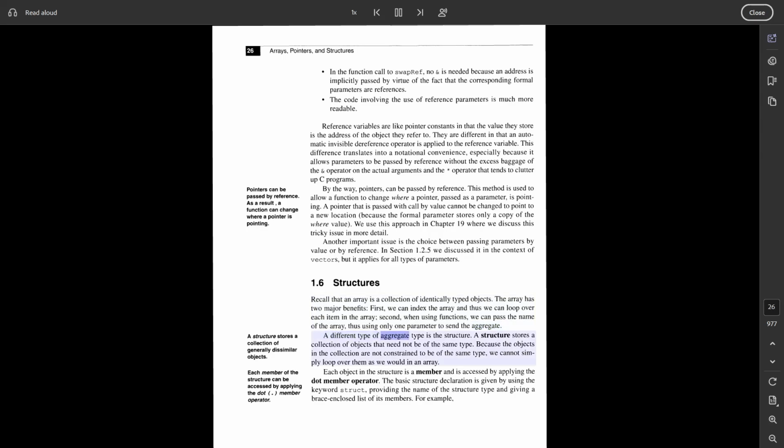A different type of aggregate type is the structure. A structure stores a collection of objects that need not be of the same type. Because the objects in the collection are not constrained to be of the same type, we cannot simply loop over them as we would in an array. Each object in the structure is a member and is accessed by applying the member operator. The basic structure declaration is given by using the keyword struct, providing the name of the structure type, and giving a brace enclosed list of its members. For example,